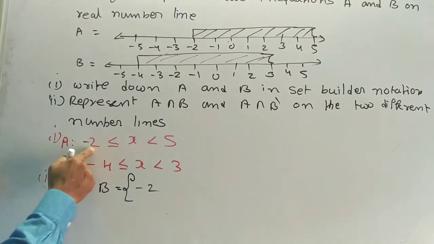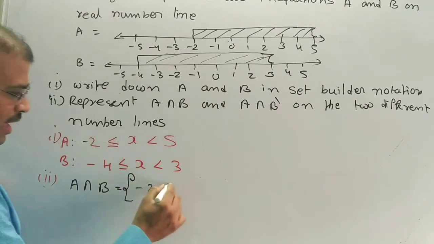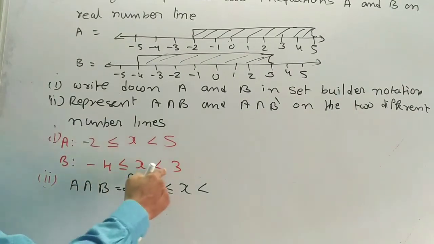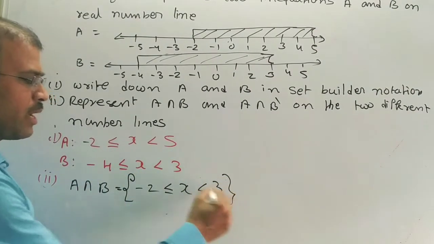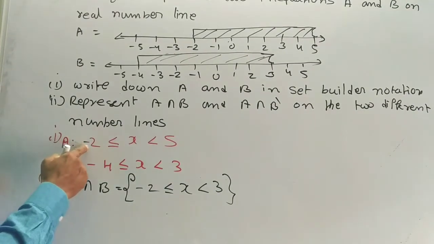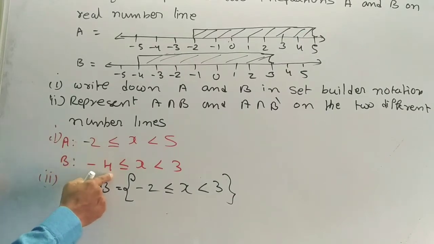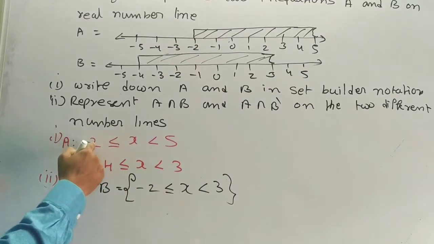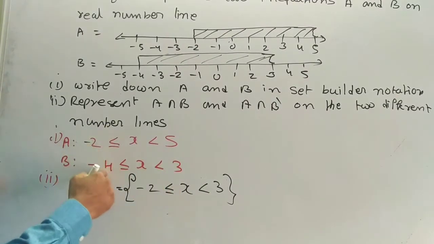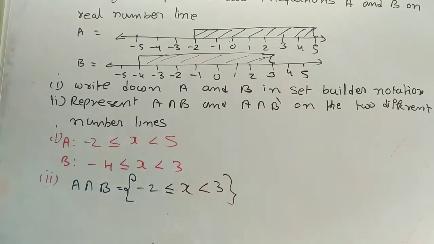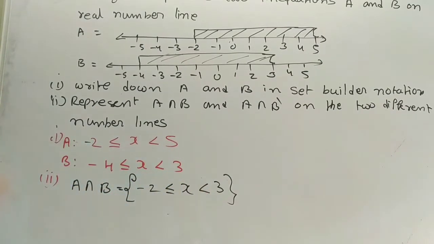When it comes to the negative value, start with the negative: minus 2 less than or equal to x. When it comes to the positive, take the small one. Compare 3 and 5. What is the smallest value? 3 will be the smallest value. Now listen carefully. Here the whole numbers go from minus 4, minus 3, minus 2 till 1. The other is starting with minus 2, minus 1. So the common one is minus 2. Here it ends with 3, and here it will continue as 4 and 5. That means when it comes to the negative, take the bigger value. When it comes to the positive, take the smaller value.